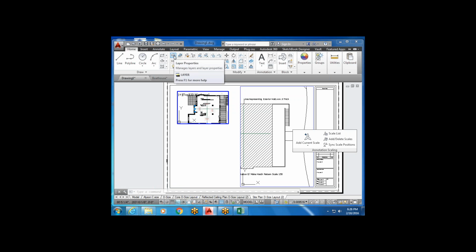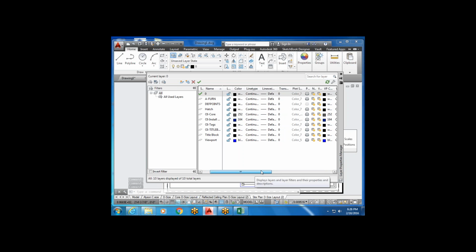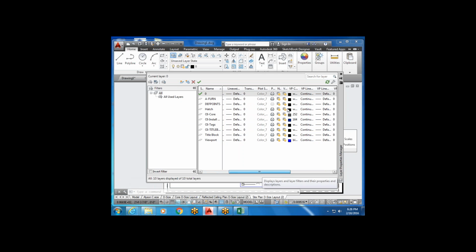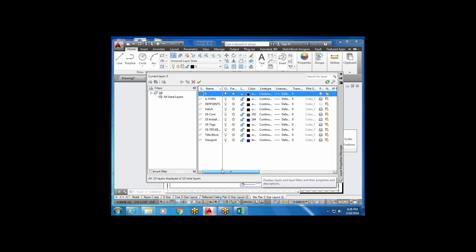So I could bring up my layer properties menu and go into the drawing, and then there's freeze, which controls things in your model space. But then there's also viewport freeze. So when you're in paper space and then in model space in paper space, like I am now, and I use a viewport freeze, I can select a layer